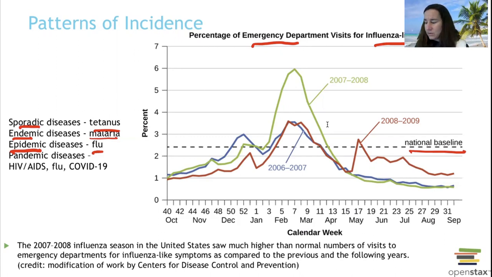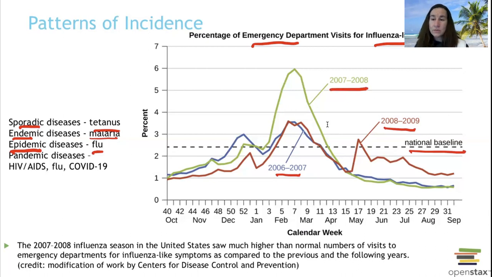So in 2006 and 07, that winter is in the blue line. 08 and 09, that winter is in the red. And 07, 08 is also spiking up there. I can't remember. I think 05 was bird flu. And I think 09 might have been swine flu. 07, 08, I think that may have just been another novel version of flu, another possible antigenic drift version that